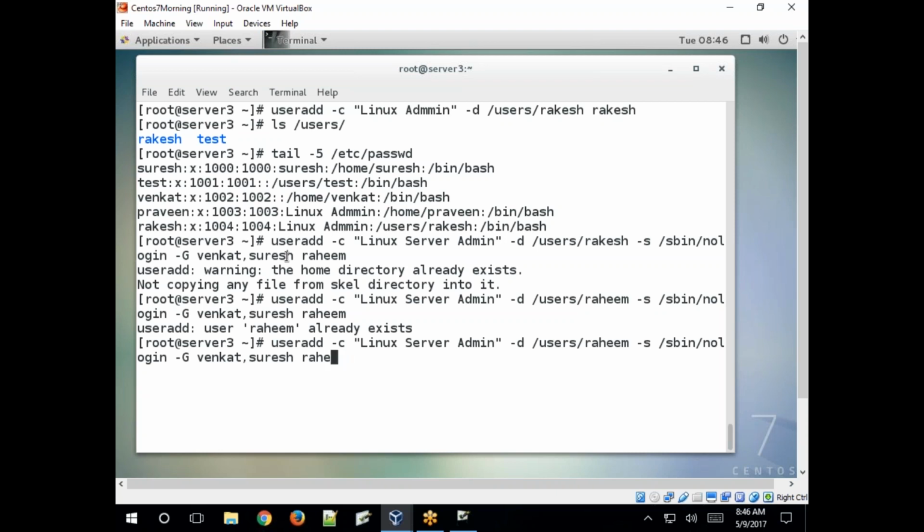So use any name, Dilip. Create a user with a different directory, different shell type, comments, and adding the user into additional groups.